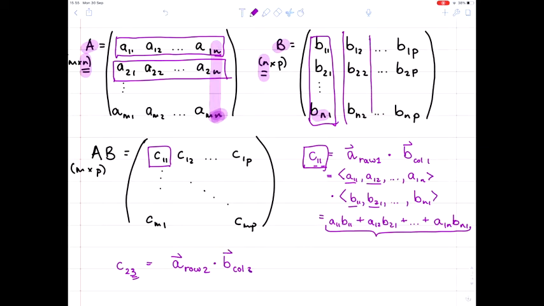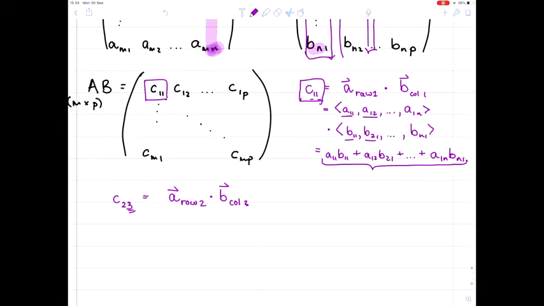That would be the column that's sitting over here, indexed B13, B23, and so on. So what we'd get over here would be A21, A22, all the way to A2n. That would be the row from our A, and our column from B would be